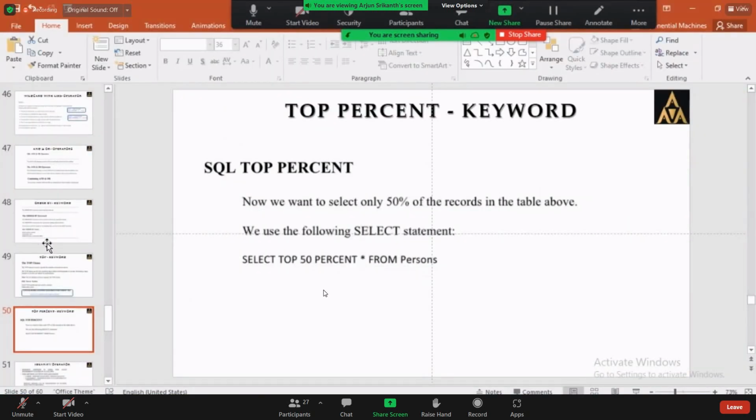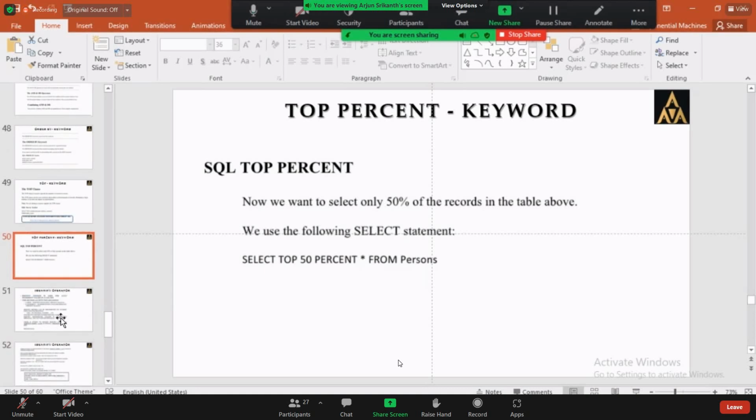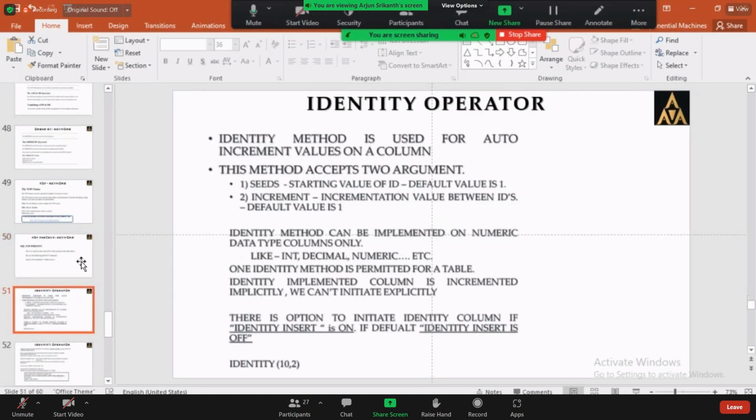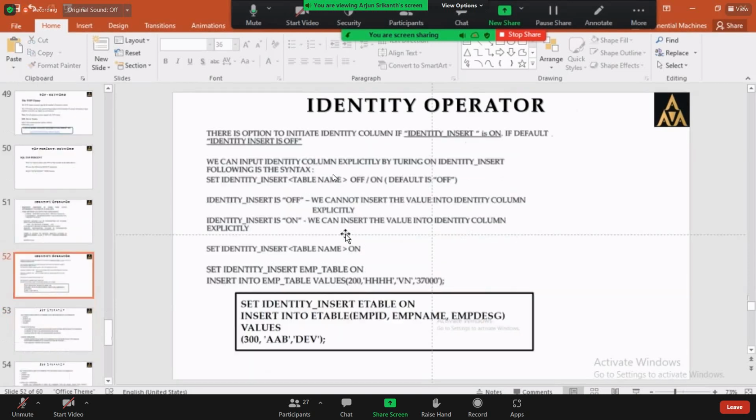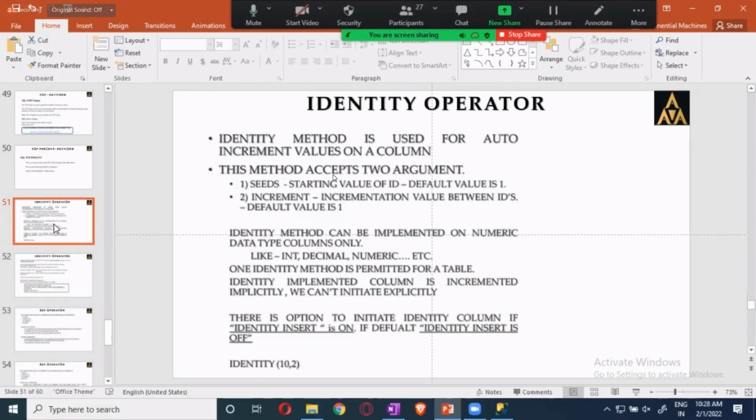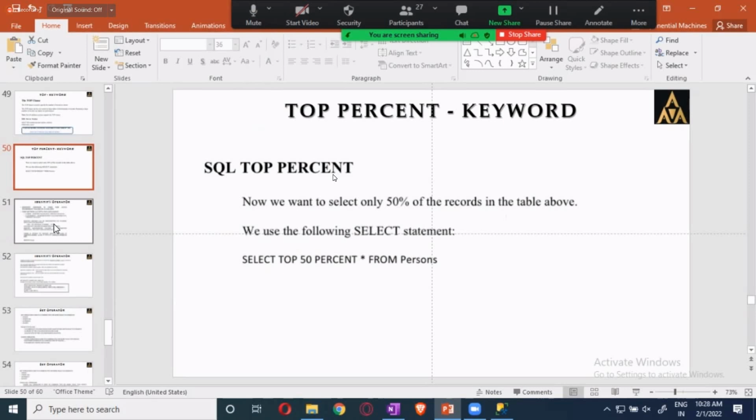Now guys, we are done with this. Now the important thing which we have to deal with is the identity operator. This is very important if you are going with the whiteboard session. Surely they will ask. Again, if you will not use it in your projects, guys, no way.